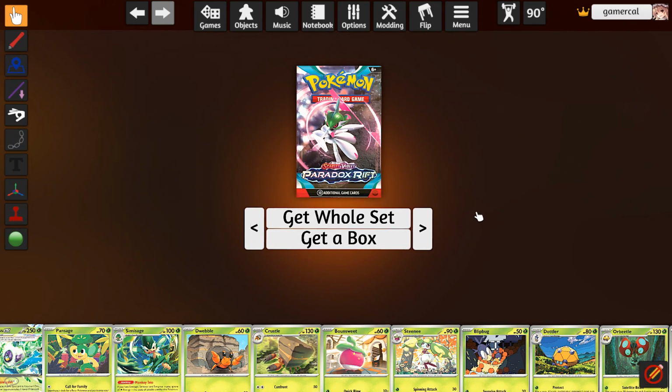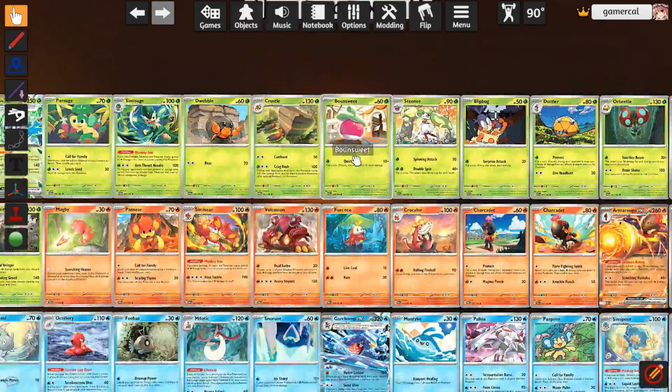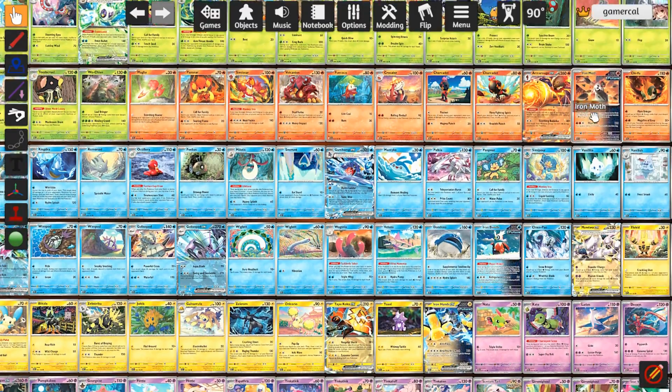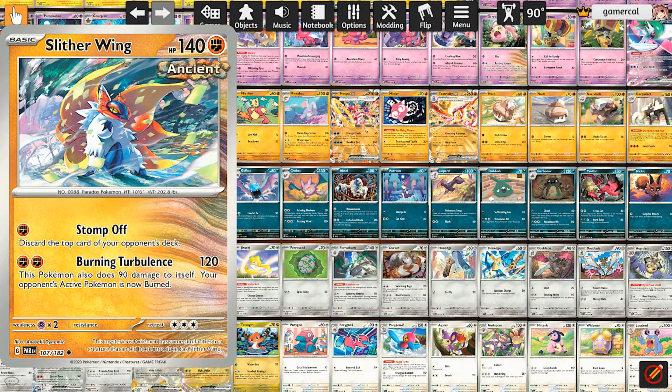It's a history from the future this time round because we're into Paradox Rift, home of the Ancient and Future cards. Future stuff like the Iron Moth over here is more based on mobility and some damage augmenting type stuff. As you can see, the thermal reactor over here works when it shifts from bench to active, and the ancient stuff is kind of like self-damage a little bit with the Slitherwing, but it's more just like higher HP stuff that potentially tries to beat your face in a bit more